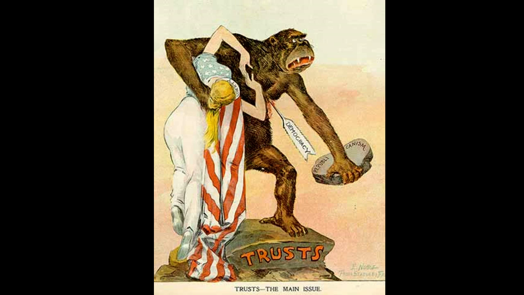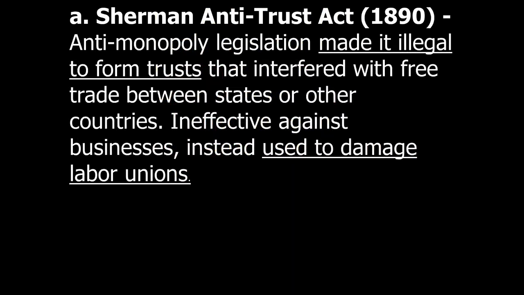Alright, so take a look at this quick cartoon. One of the big issues during the Progressive Era is the issue of trusts and monopolies. I'm going to use those terms interchangeably. They basically mean the same thing. They're basically organizations of companies that stifle or end competition. That's essentially what they are. And we're going to talk about the impact of things like the Sherman Antitrust Act, various acts that stop trusts and monopolies from having too much power.